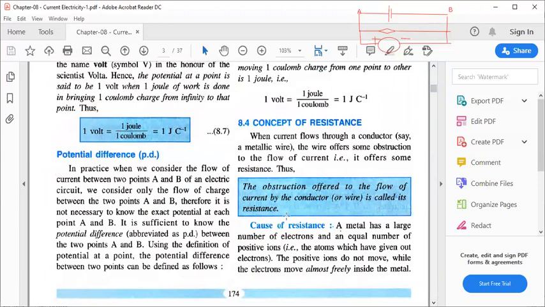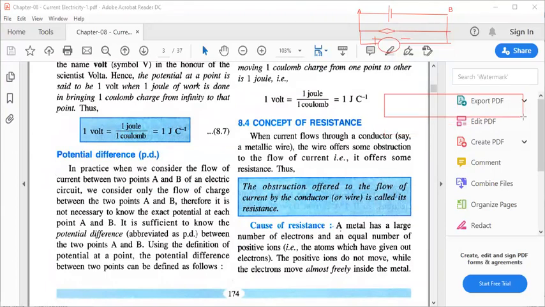Okay, we will do a little part of this and then we'll stop. When a current flows through a conductor, the wire offers some obstruction to the flow of current. For example, the electrons are flowing. Okay, so you take,